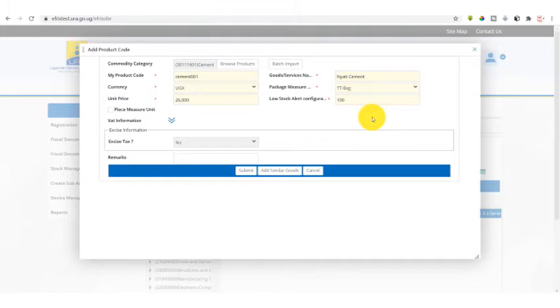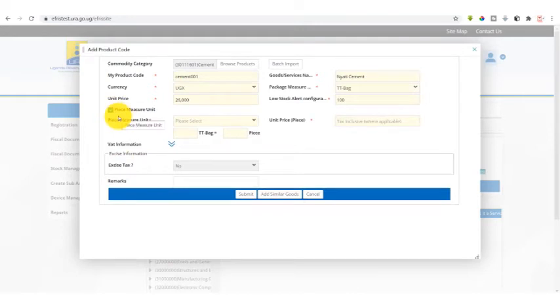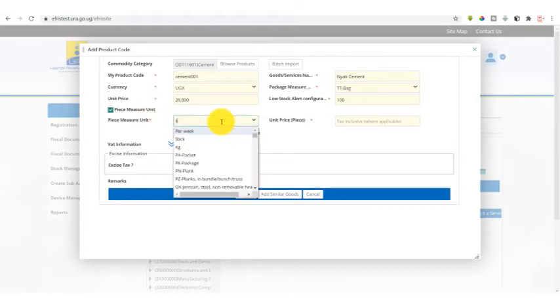In the scenario that we shall be selling cement in terms of kilograms, we can have a piece measure unit for this particular product. So we select piece measure unit. Under piece measure unit, besides the bags measure unit, we shall have kilograms.